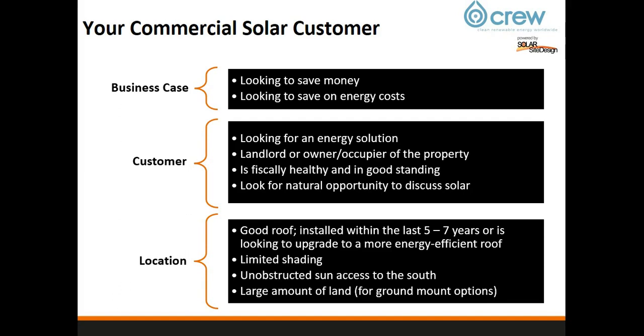Do they have a good roof? Has the roof been installed within the last 5 to 7 years, or are they actively looking to upgrade their roof? You also want to make sure that there's limited shading around the property. We never want to suggest cutting down trees, and sometimes, though, there's trees on an adjacent property that your customer doesn't own. So you just want to have a conversation with them about that, and also talk with them about